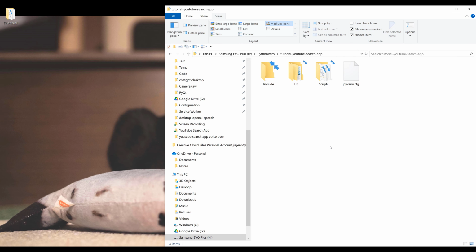I highly recommend you create a Python virtual environment for this project to keep dependencies isolated. There are 3 Python libraries we need to install. One is PyQt6, a cross-platform desktop framework that can run on various operating systems like Windows, macOS, and Linux. One is Google Python Client SDK to connect to YouTube API, and one is YouTube Transcript API to download YouTube